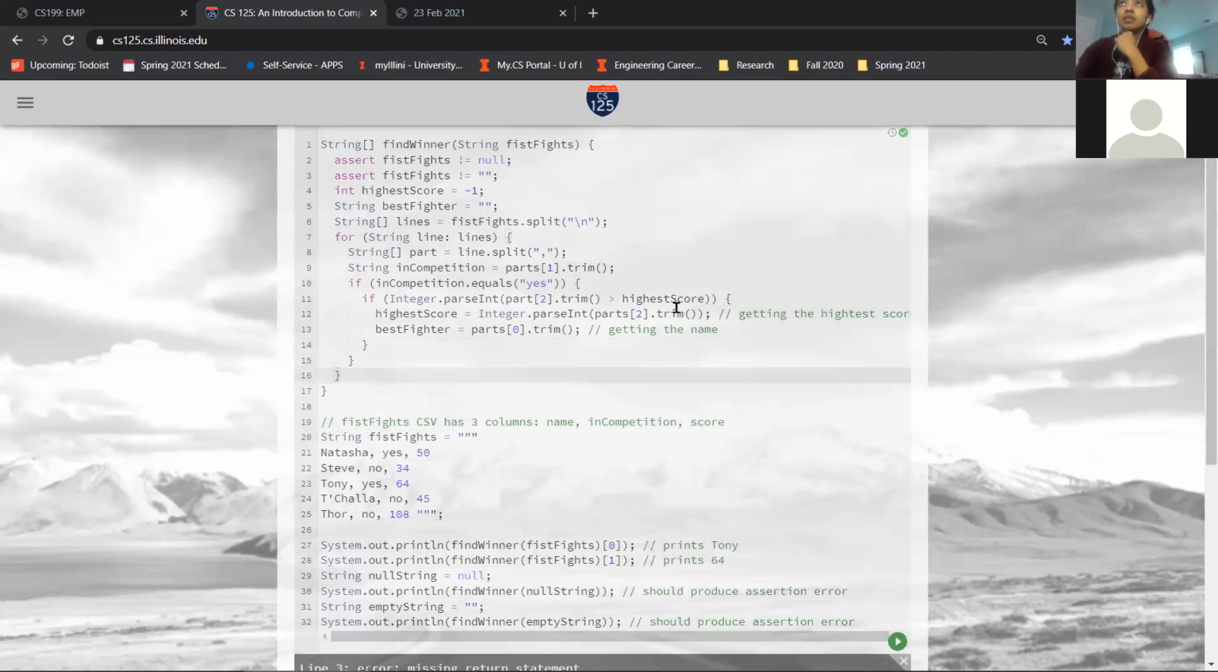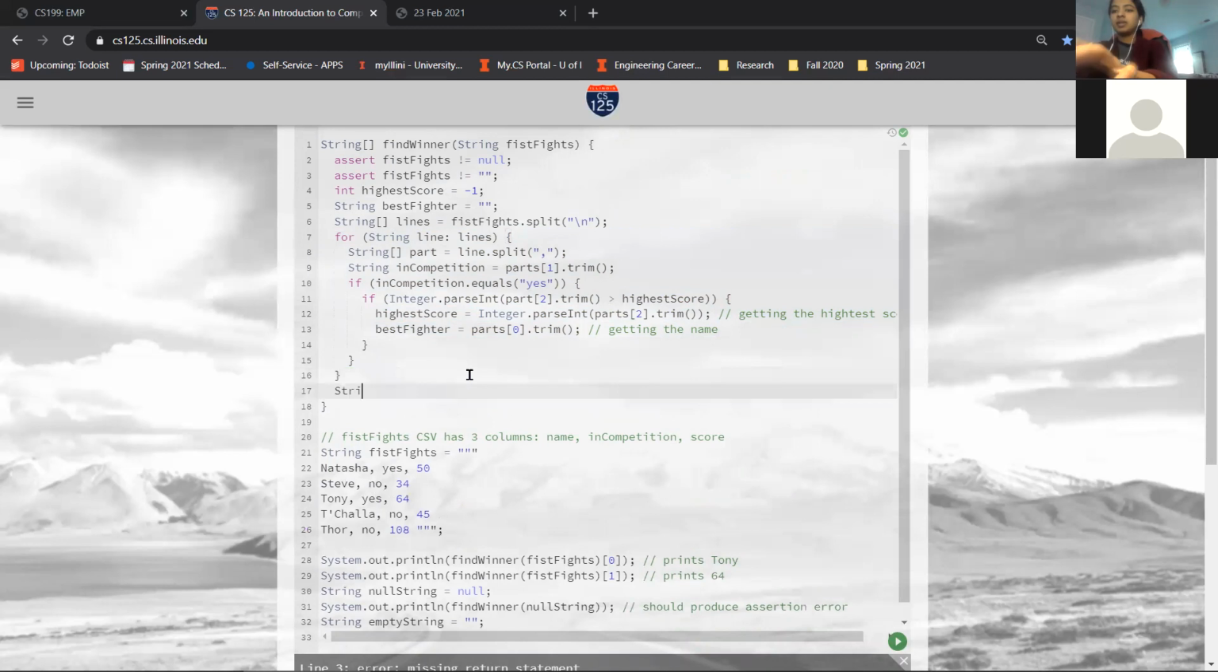Okay. At that point, after the for loop completely runs, you'll have gone through every single person in the CSV. You'll have checked to see who has the highest score and assigned it to be highest score, and the best fighter to be who the best fighter is. And so now remember that we used a string array, so you've got to set it correctly. You want to set the first thing in the string array to be best fighter, and you want the second thing to be a string